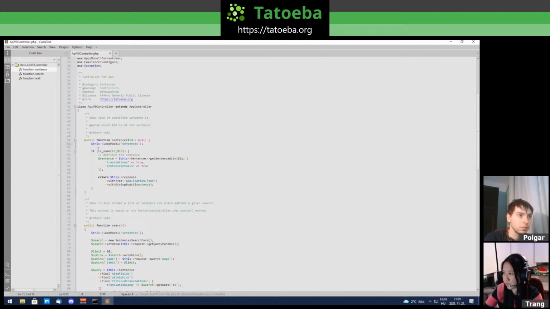Afterwards, there is a check to make sure that the ID is a number and not something else. And if it is a number, then we retrieve the sentence with a special function called get sentence with ID. This is a function that we coded ourselves, and you'll find it in